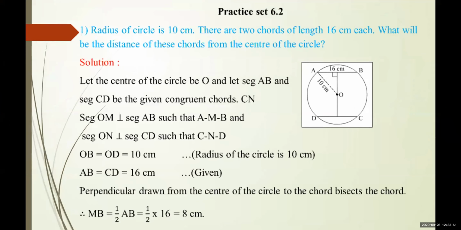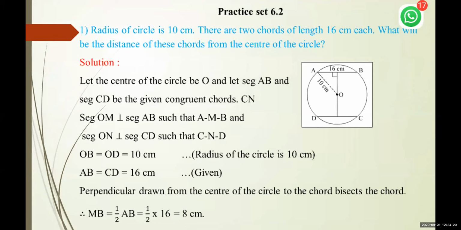So we know two theorems. What is that? If the chords are congruent, they are equidistant from the center. And the second is exactly the opposite: if the chords are equidistant from the center, then they are congruent. तो ये हम कॉन्वर्स थ्योरम ऐसे यूज कर सकते हैं.